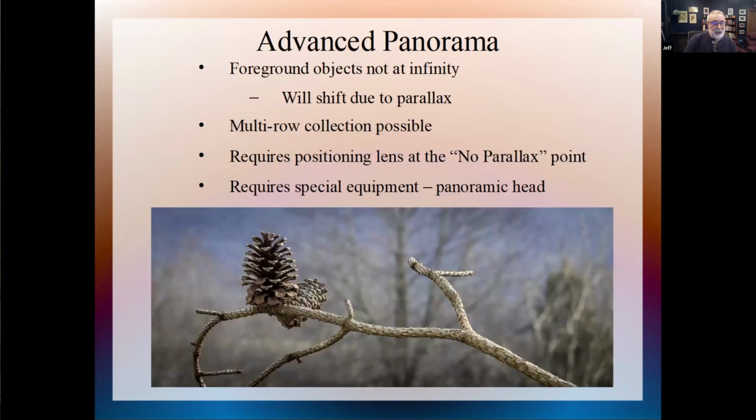The advanced panorama is where you do have something significant in the foreground. The foreground objects obviously are not at infinity, so there will be a shift between them due to parallax. You also have an issue about multiple rows. With a simple panorama, if you swing the camera left to right in a single row, you've collected a series of images that are easily stitched together, no parallax. If you do that